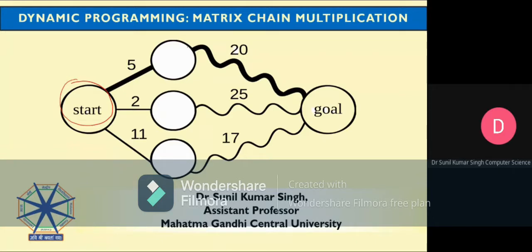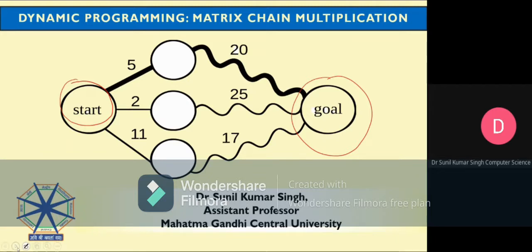They have an overlapping property, and after finding the solution of these sub problems, we are able to find out the optimal solution of the problem. So it will be clear when we discuss in detail. So this is the ultimate objective of dynamic programming, to find the solution with the help of optimal solutions of the sub problems.